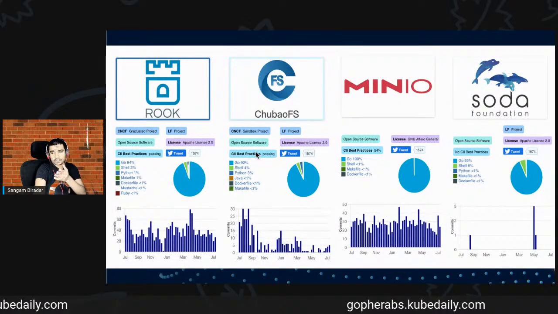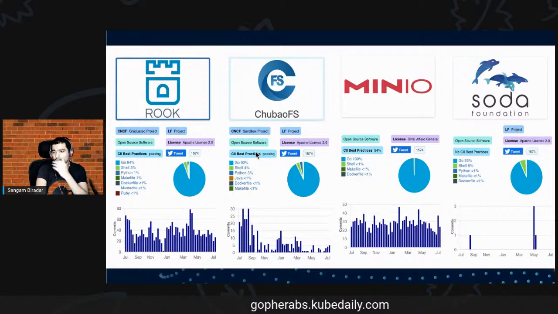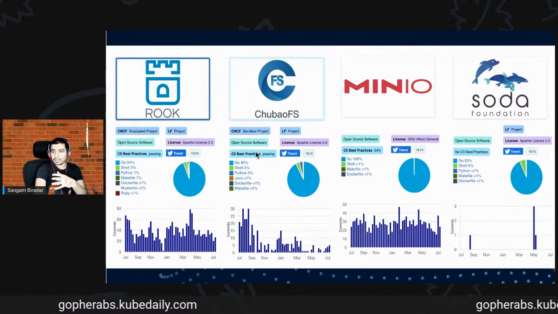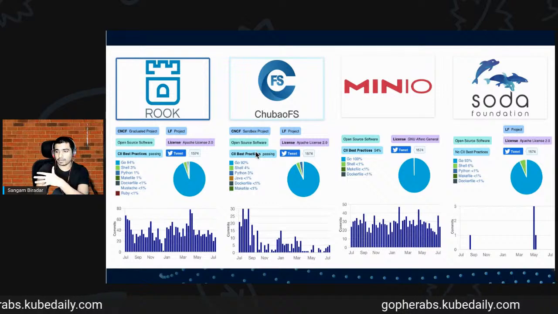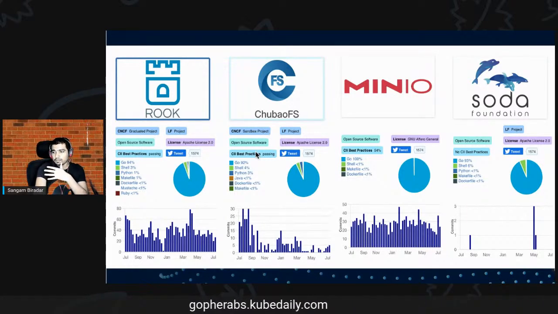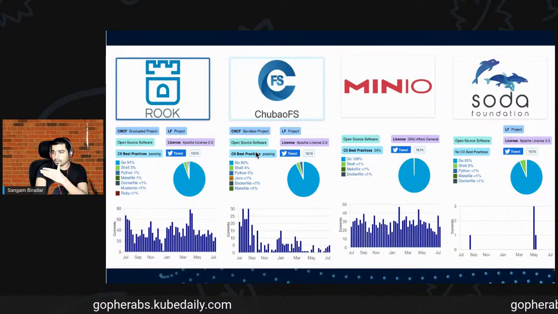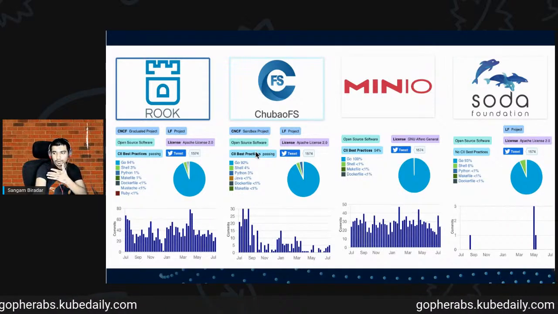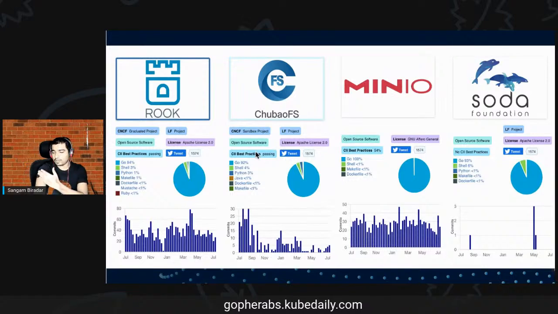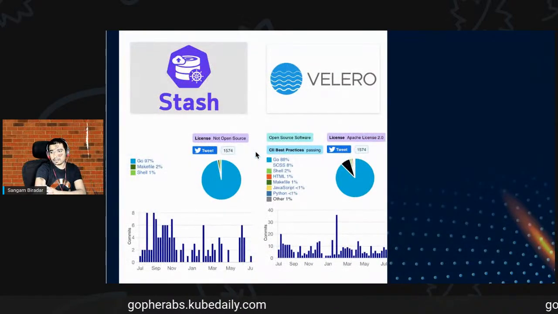I will suggest MinIO is one you can go and check out if you want to understand storage and how everything works. This is written 100% in Go. And there is another new foundation called the SODA Foundation. Go and check it out. They also have some good projects there.